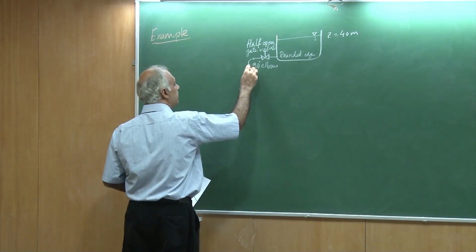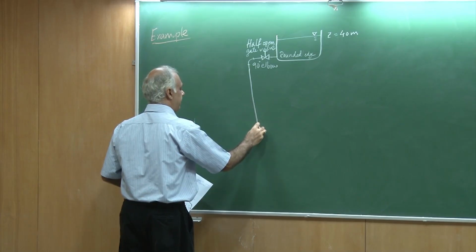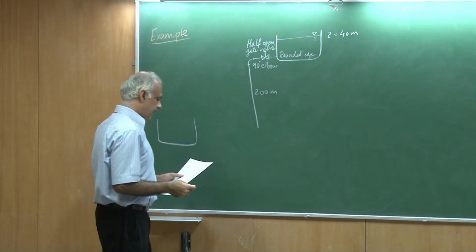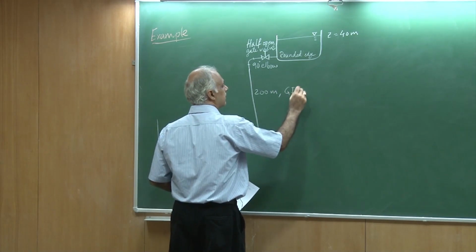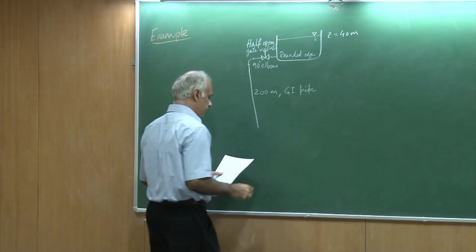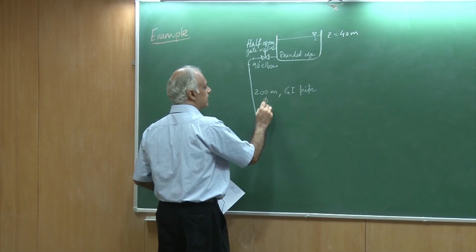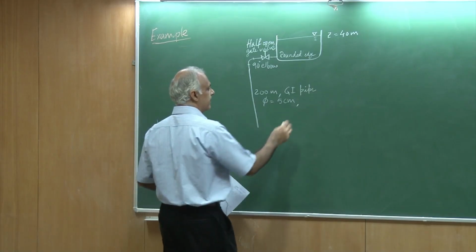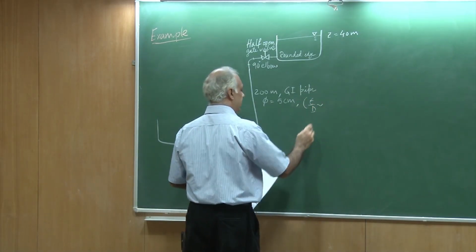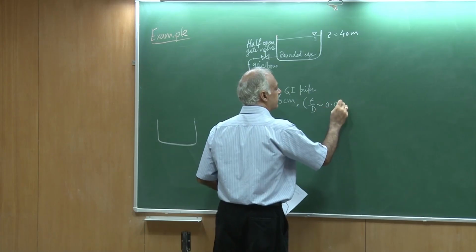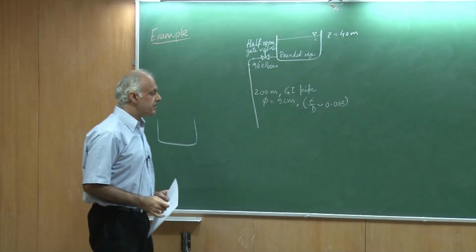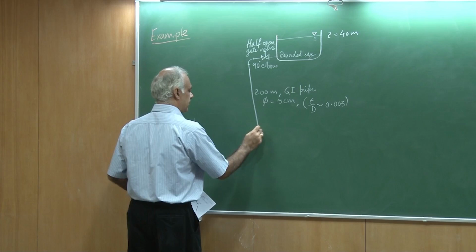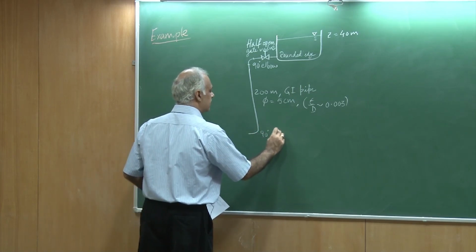Then I have a long pipe which is of length 200 meter, and this is a GI pipe with a diameter of 5 centimeter, and my roughness is 0.003. Okay. And to feed this tank, it again goes through an elbow. So, this is a 90-degree elbow,